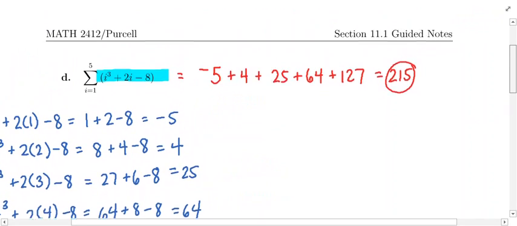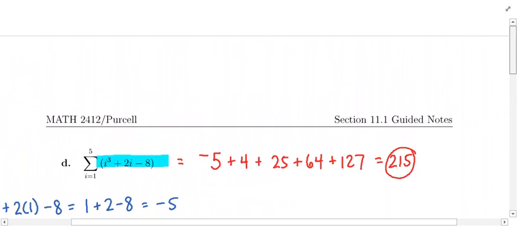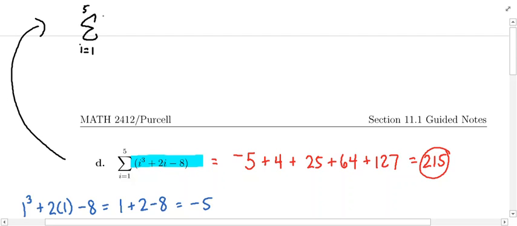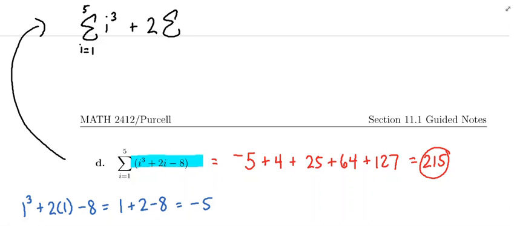Okay, again, you could go after this number by applying the summation rules and properties. If we did that instead, I'll write that up here. We could have started by distributing the summation symbol, so distribute the sigma. So we get the sum from i equals 1 to 5 of i cubed plus 2 times the sum,